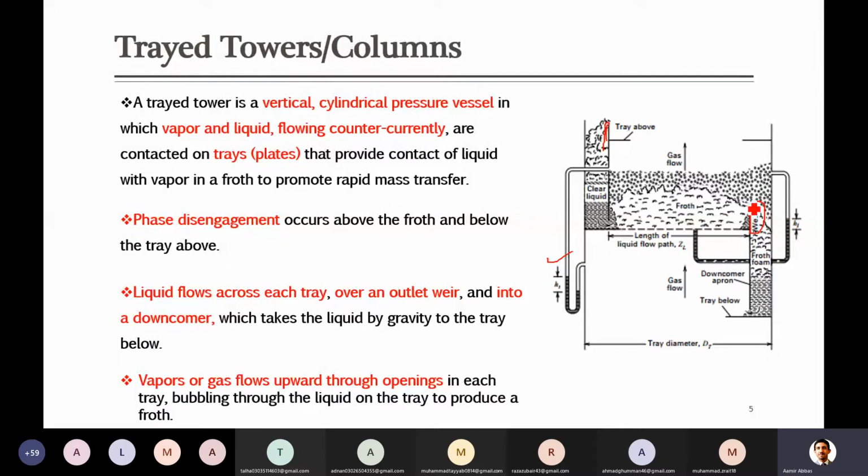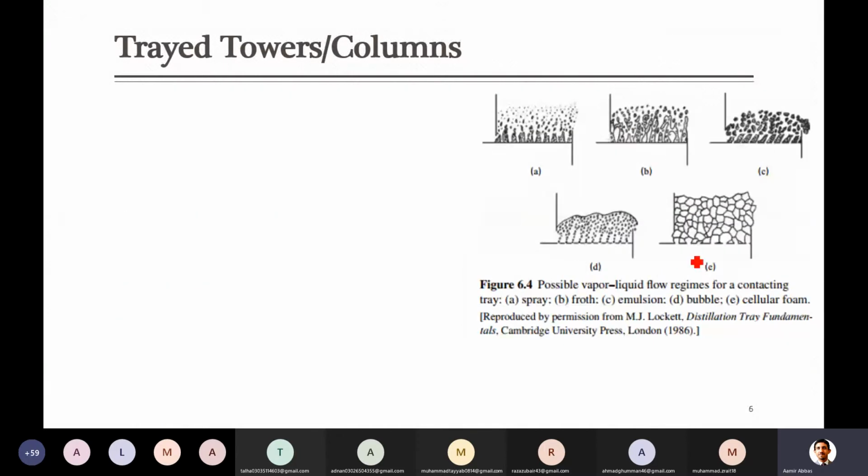What happens here, instead of installing on the side, you install a weir here. So there will be liquid distribution on both sides. Liquid will be coming from here as well as from the top plate. It will be coming from here, and it will move down from here, and then again on the next plate it will be distributed from the side. So these are the only ways from which you can pass the liquid to the bottom trays. There should always be some downcomers. Okay, did you get it? Yes, sir, I get it. Thank you. Yeah, thank you.